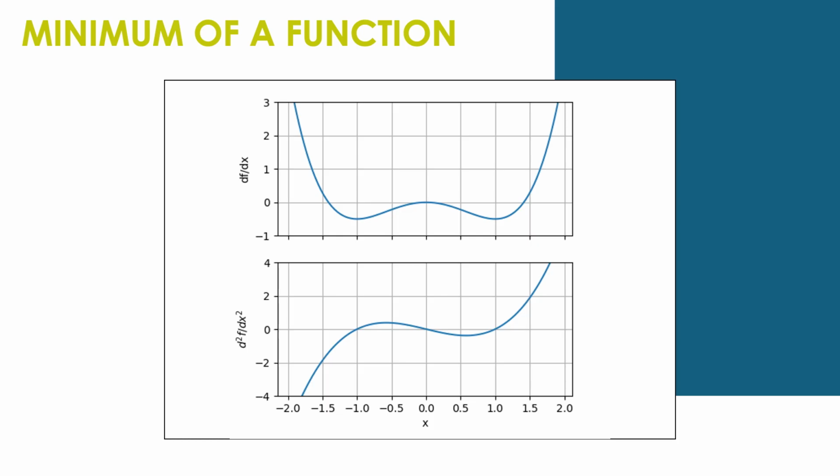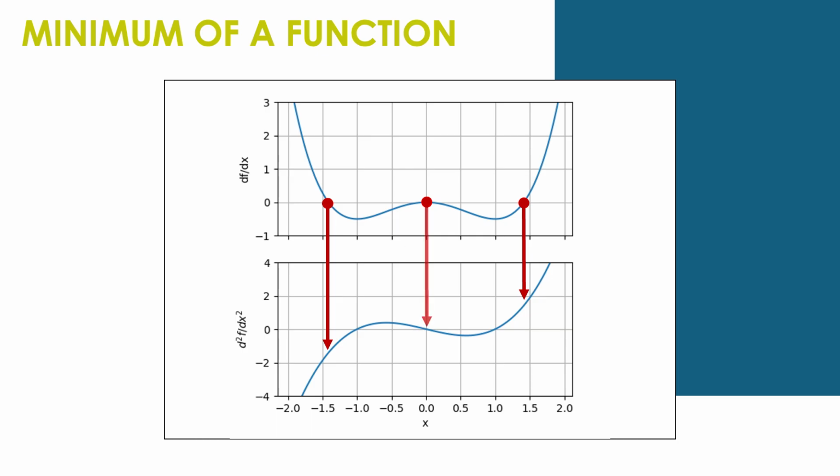So now let's analyze another function. For instance, let's say that we have a function and we know its first and second derivatives. We can see, in this case, we have 3 points where the first derivative is 0. If we look at the point on the left, the second derivative is negative. So actually here we know that it is a maximum. At the point on the right, the second derivative is positive, thus we know that this is a minimum.